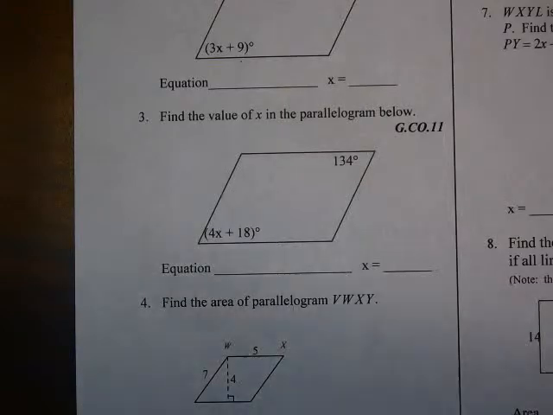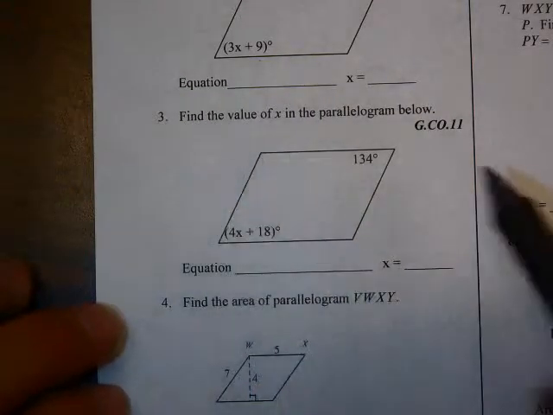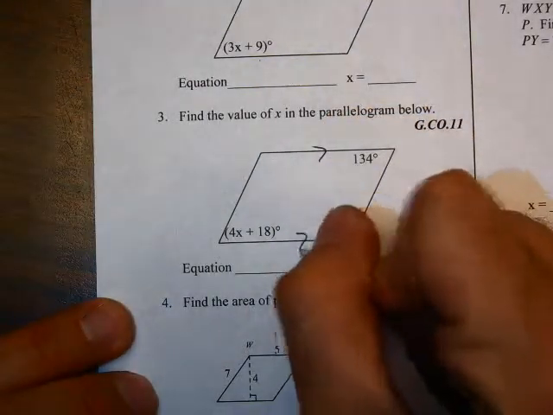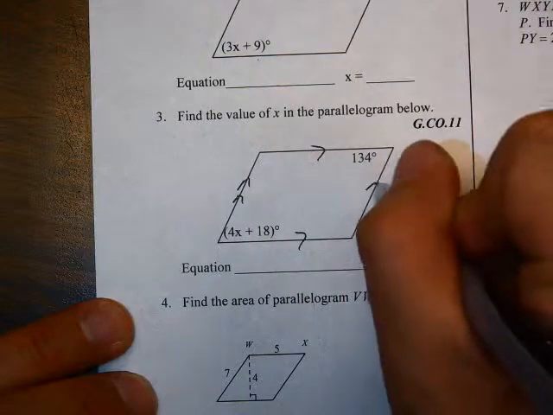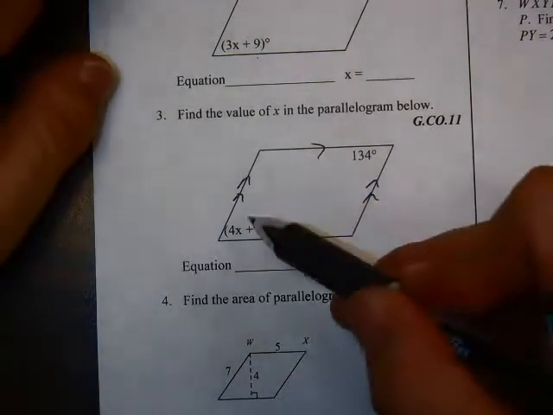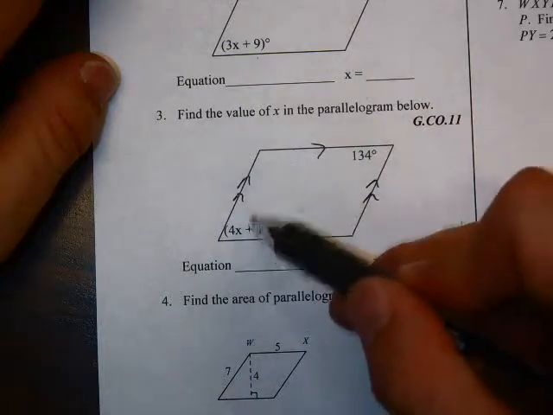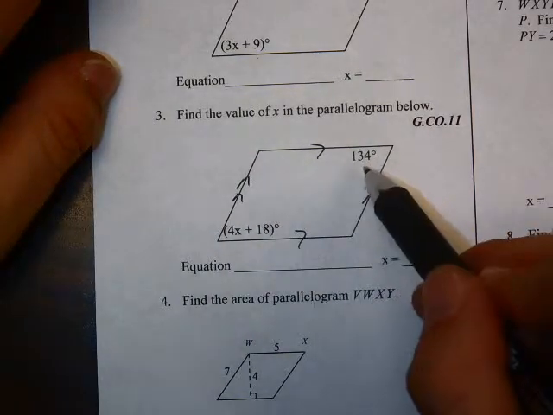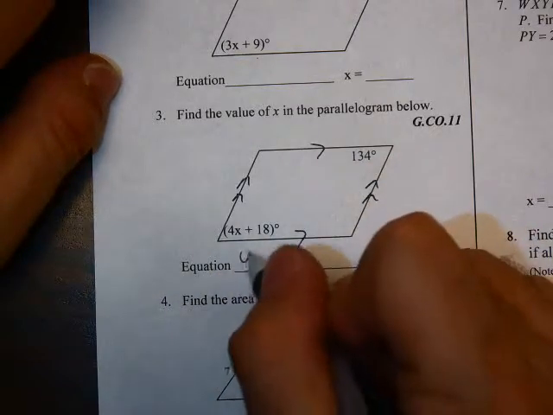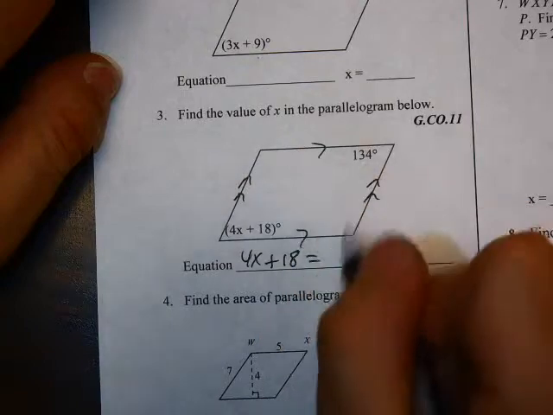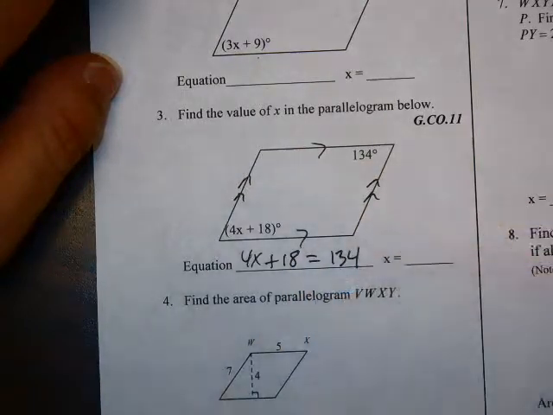In number 3, they ask us to find the value of x in this parallelogram below. Now, you don't always have to do the arrows, but I'm used to doing that because it is a parallelogram. And remember, in a parallelogram, the consecutive angles add up to 180, they are supplementary. The opposite angles are congruent. So for our equation, we would just set up 4x plus 18 equals that opposite angle, 134, and solve that